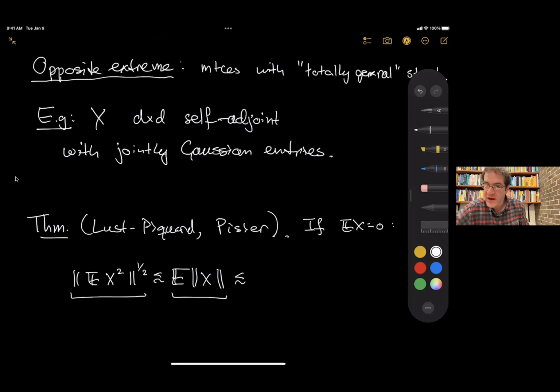If I give you the covariance of the entries of the matrix, then you can compute this quantity on the right-hand side over here. It's a deterministic quantity. So you should not confuse these two quantities. On the left-hand side, the expectation is inside the norm. This is like the variance of the matrix. And on the right-hand side over here, I'm talking about the eigenvalues of the matrix, which are very nonlinearly dependent. So it would be great if we could bound from both sides by this quantity that we can explicitly compute, but we can more or less do that.